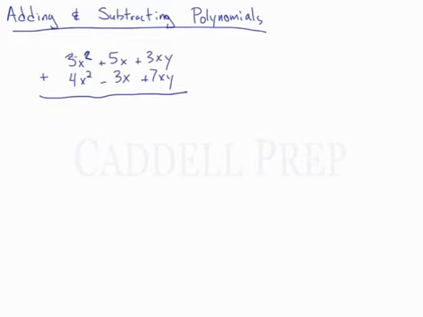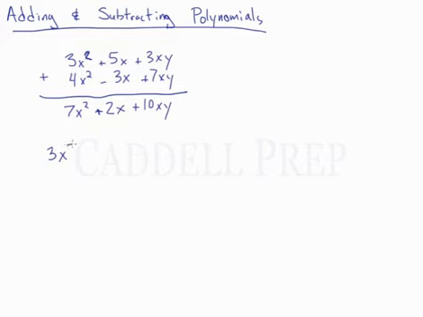So we'll just do 3x squared plus 4x squared, 7x squared. 5x plus a negative 3x is going to be 2x. And 3xy plus 7xy is going to be 10xy. So that's how we could add them together, by writing them over each other. We could also do it as in